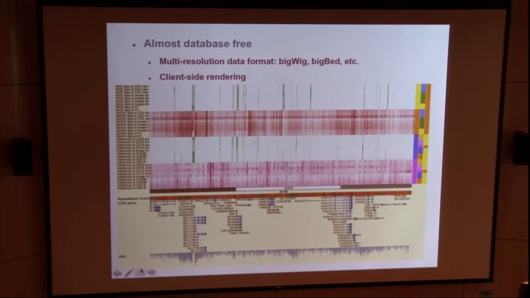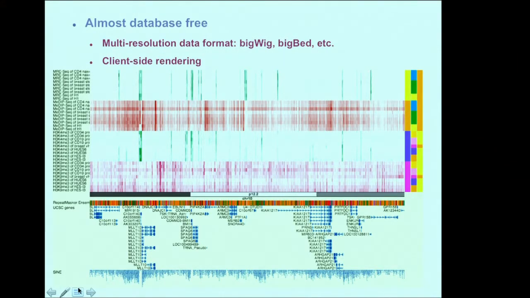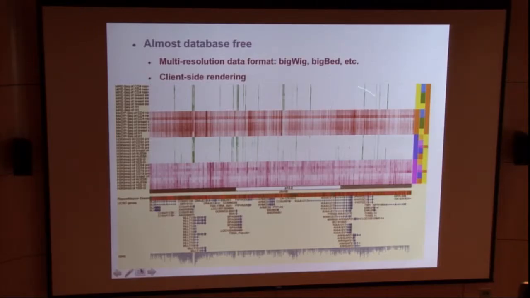So the concept is very simple, right? When we have lots of data, when we have a limited computer screen to look at the data, let's compress them. Let's use heat maps instead of those wiggle tracks. So the one very simple, I don't even want to call that innovation because people have been using this all the time, is to encode your data in this heat map format. But the real innovation is to put this metadata heat map on the side, right?